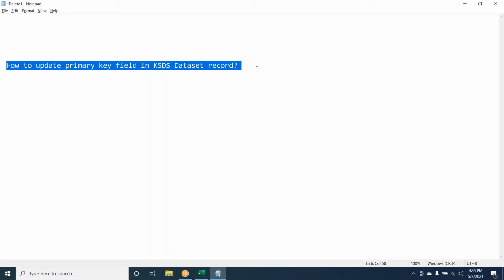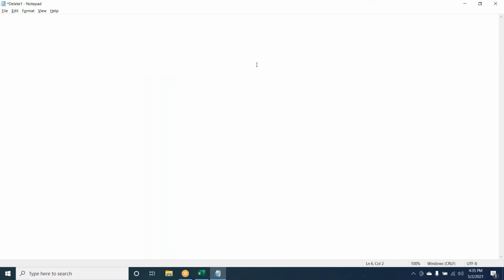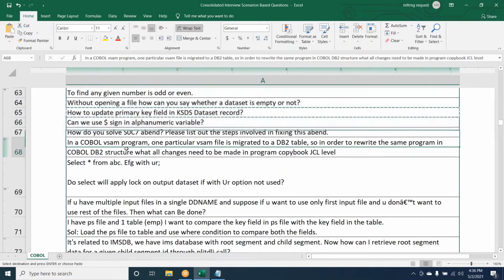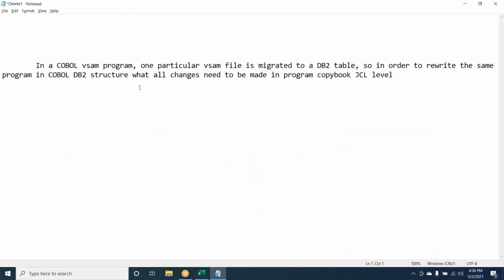Table, DB2 table, right? Yes, it can be done. Yes, you can add data. We can change the data type of it, right? Data type means I can increase the length or something. Yeah, you can do that, or if you want to combine two or more fields into a primary key, you can do that also. Okay, thank you.